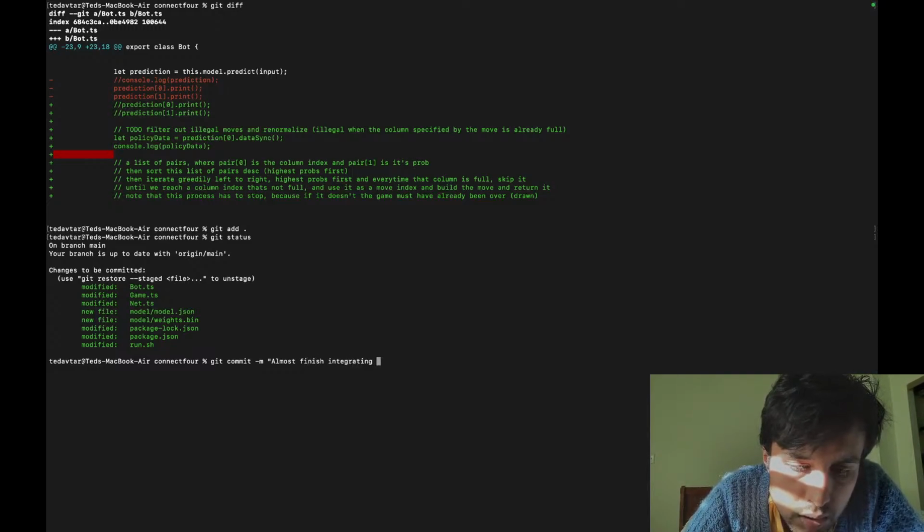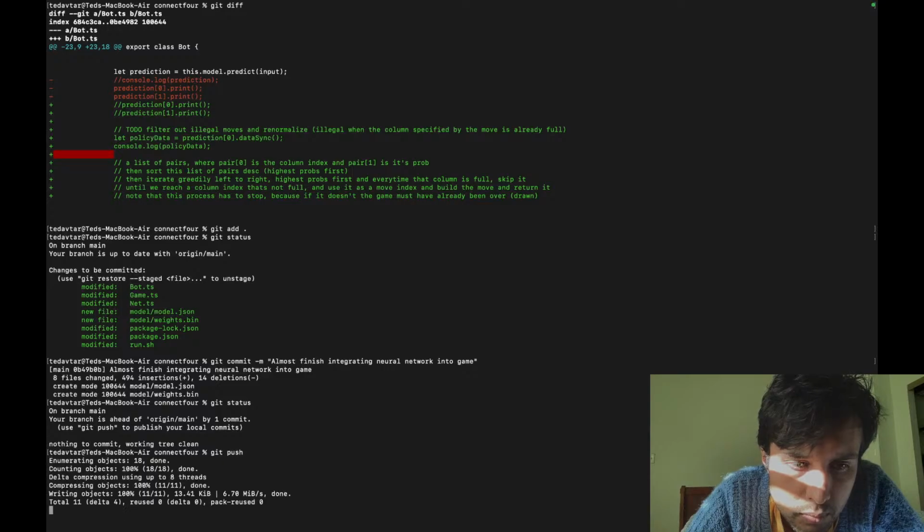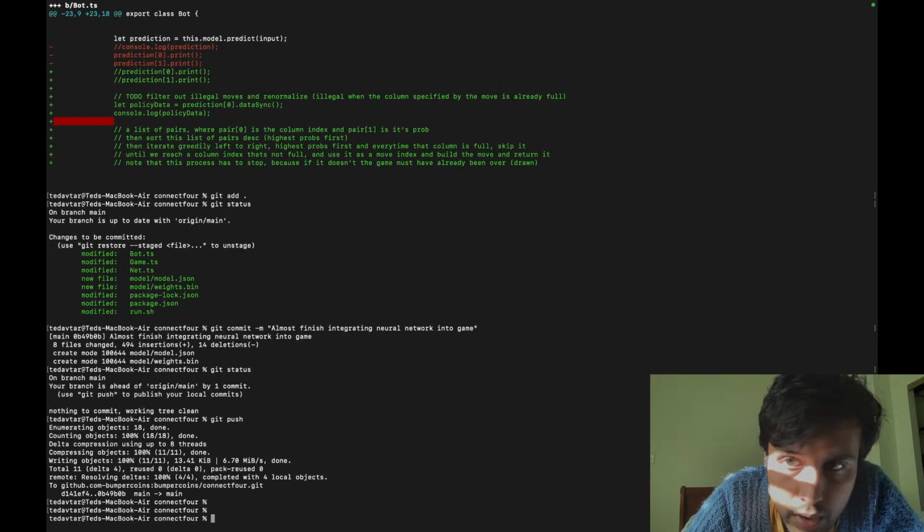Almost finished integrating neural network into game. git status, git push. Okay, I'm pretty pleased with my work for now. I will end it here.